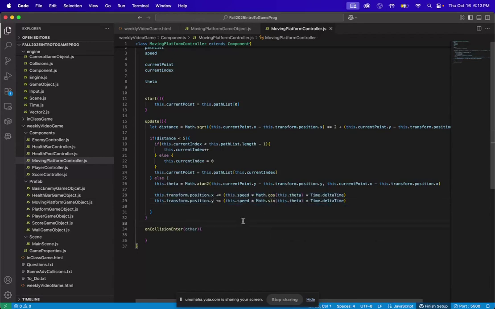Now what happens is if we're not close to the point, then we just update the position X and Y to go to that point. So let's see what's happening on that. So if we go